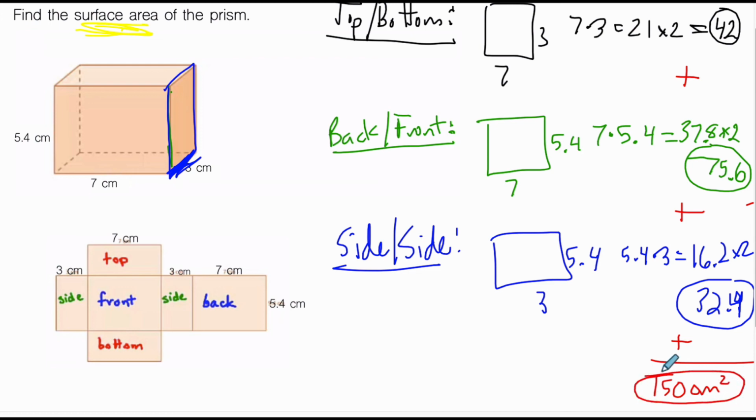So today we found the surface area of rectangular prisms. It's like taking a cereal box and laying it out flat, and then finding the area of all of the sides of the box. And you find that by finding the area of all 6 rectangles and adding it together. Hopefully that wasn't super confusing. Do your best, ask questions if you have them,